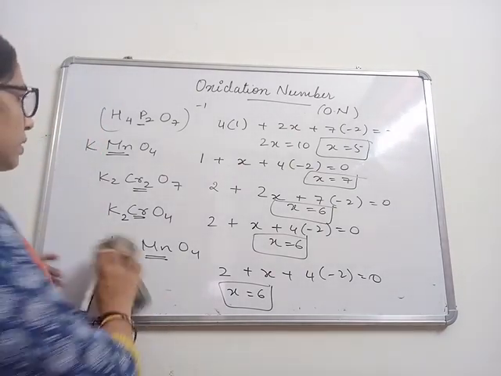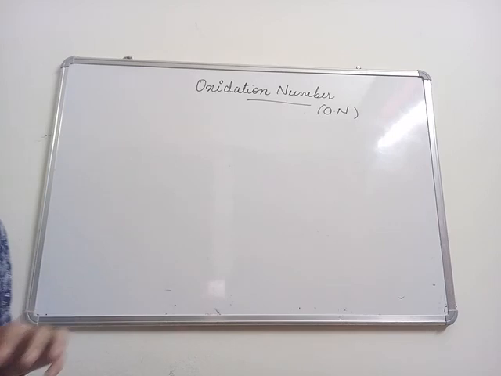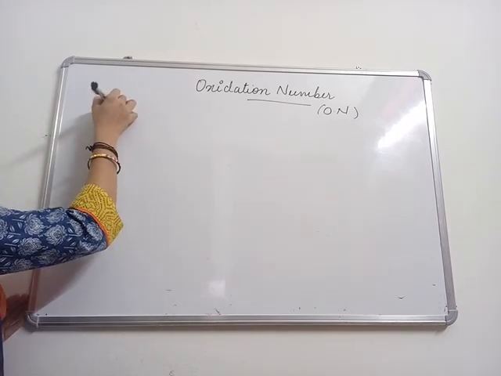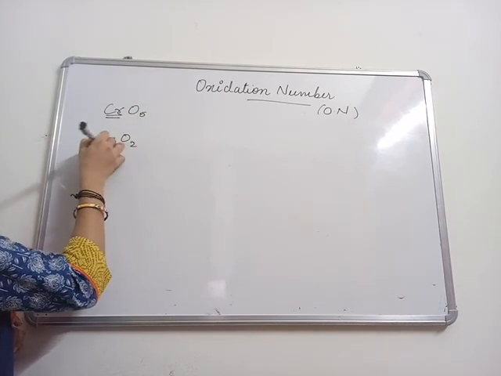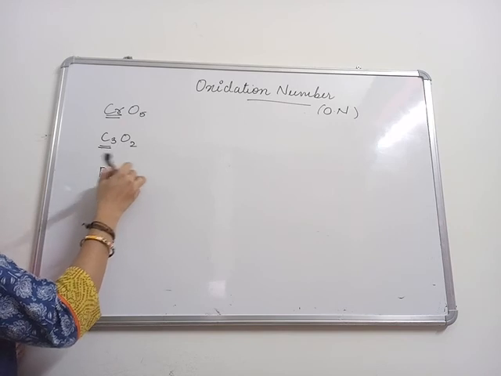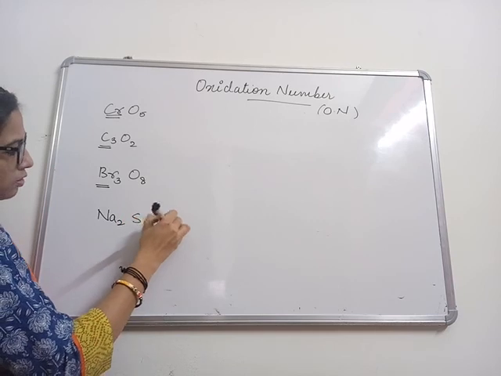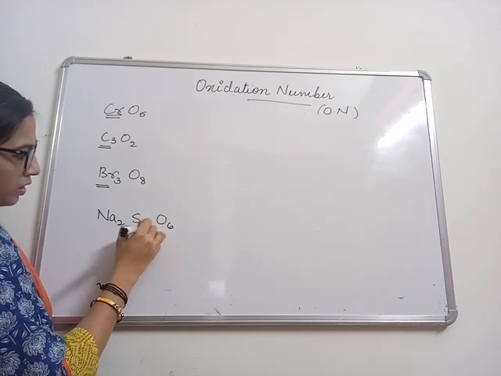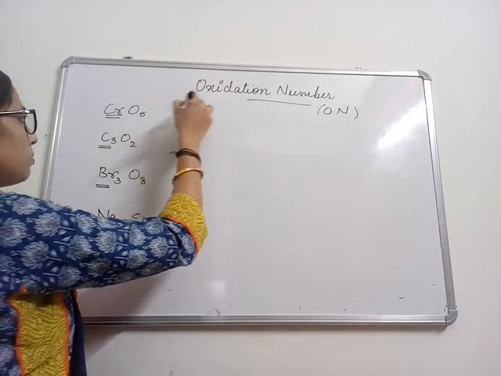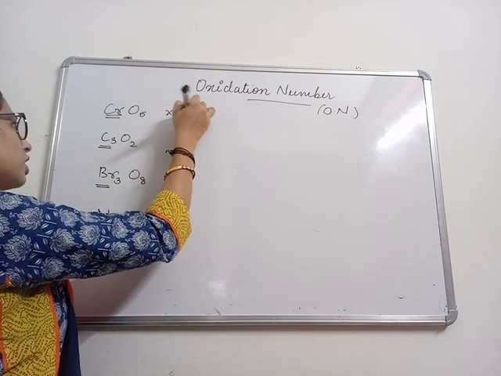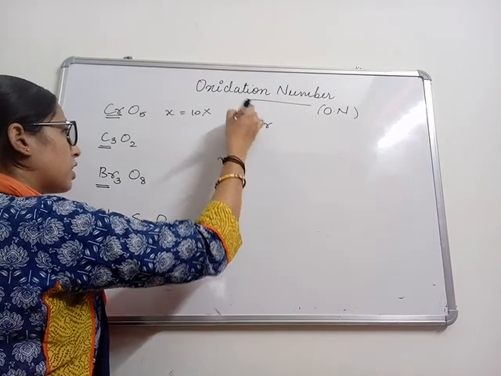Now few exceptions in this particular category that we'll see are few examples which have exceptional oxidation number. For example, the oxidation number of chromium in CrO5, carbon in C3O2 carbon suboxide, bromine in tribromo octaoxide, sulfur in Na2S4O6. So we shall find the oxidation state. Now by normal method you will get chromium's oxidation number as 10, but that's not possible. And the correct is from the structure.